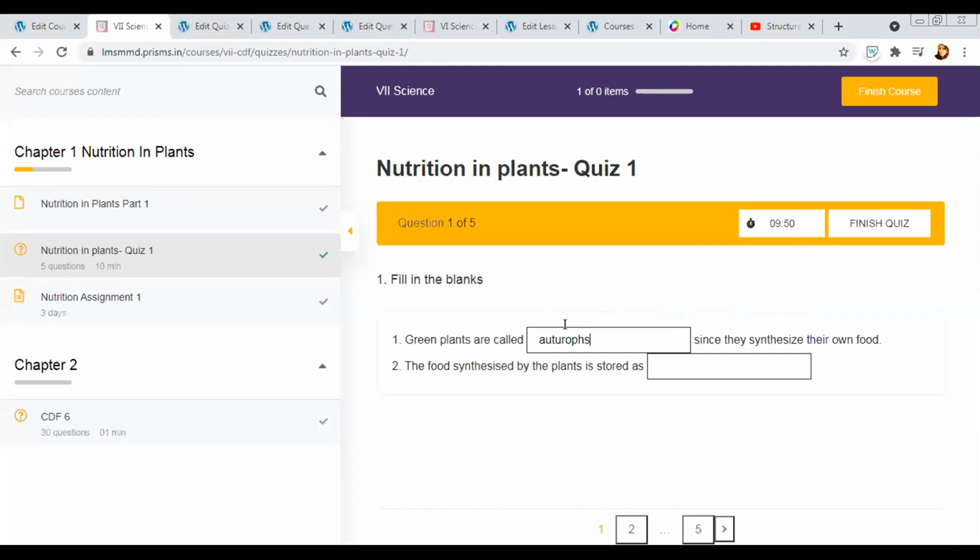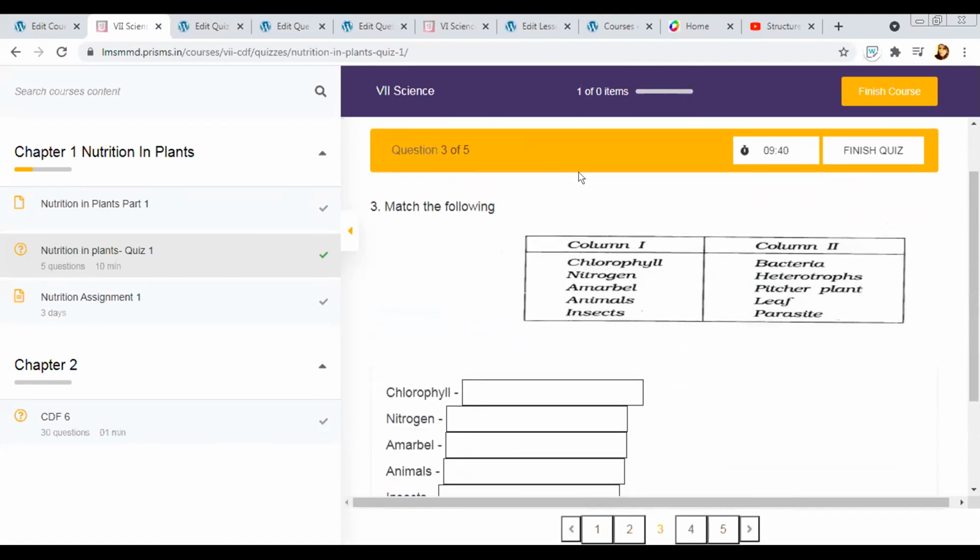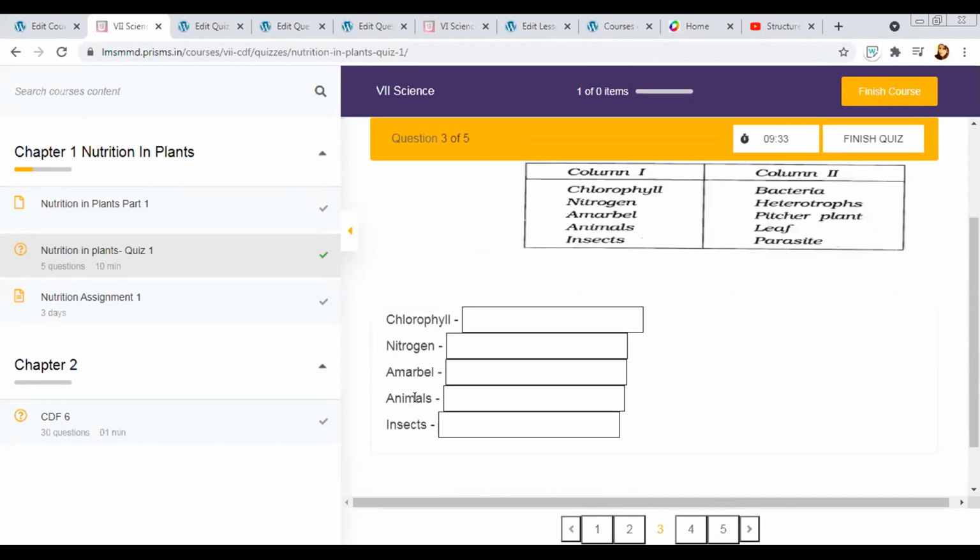And solve that particular quiz. We've already solved this, but I'll just go through it again. So this is the match the following. Basically, how the match the following is going to look like: you're going to have a paper, you're going to have an image, and you can add the answers in the form of blanks, and then the children can type what the correct answers are for it.